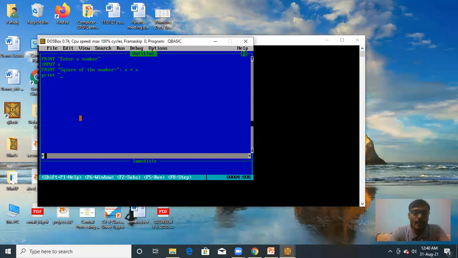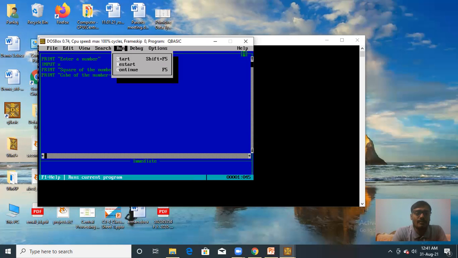Print cube of the number equals to x multiplied by x three times. You have to multiply x three times, x into x into x. Okay. Now you have written a QBasic program to find the square of a number and the cube of the same number.